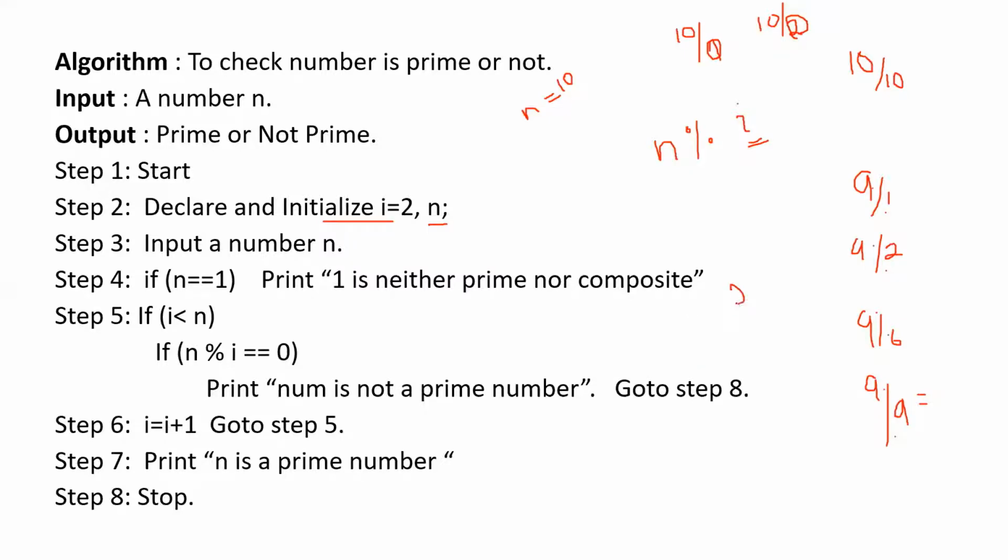If the number is 23, with which all numbers should I divide and see the factors of 23? I should divide 23 by 1, 23 by 2, 3, 4, 5, 6, and up to 23 by 23. This you have studied in maths, to find factors of a particular number.